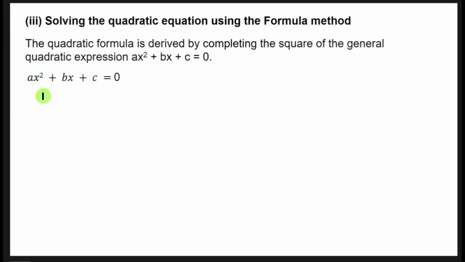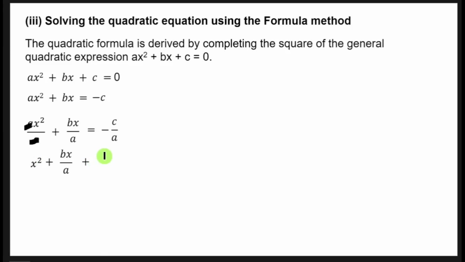So we'll divide this one. First of all, this one will go this side so that it becomes minus c. Then here we'll divide by, we'll get this one divided by a, even here divide by a, equals even here divide by a. So that this a and this a can cancel, so that here will remain with just x squared plus bx over a is equal to